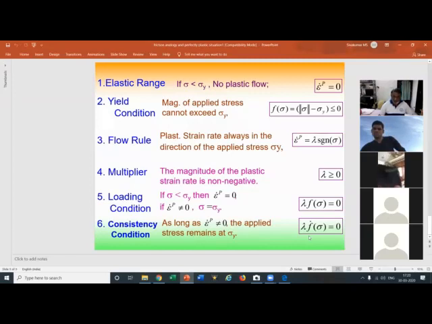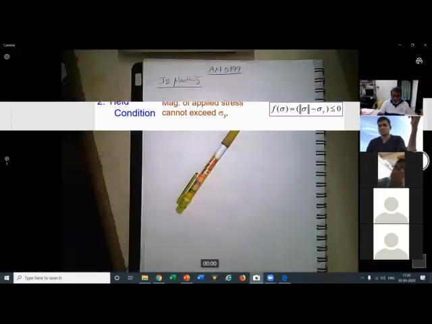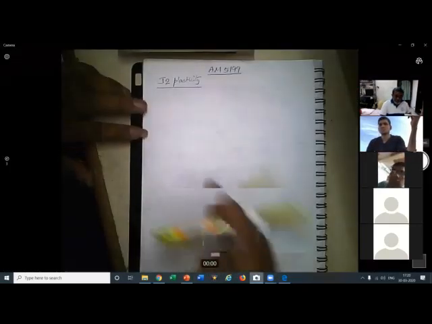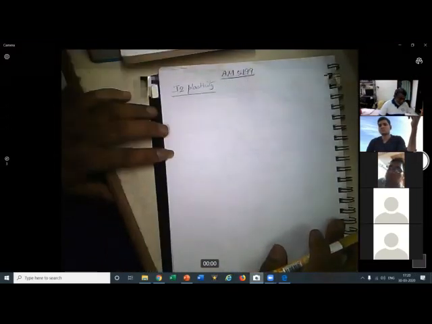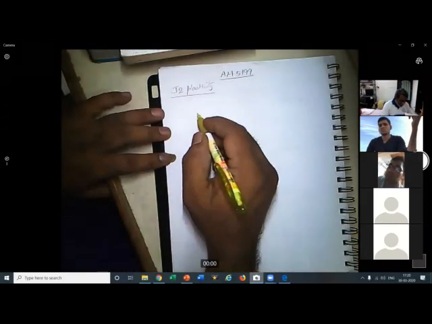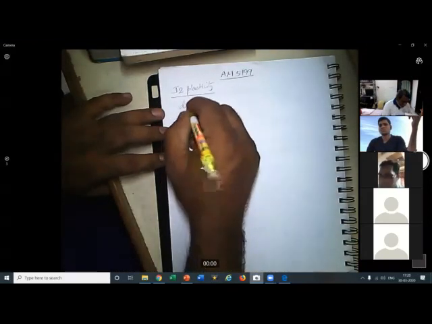All right. Now, with this, let's move on to three dimensions and try and understand. Let me now go over to what is given in J2 plasticity. If you remember the dashpot part,